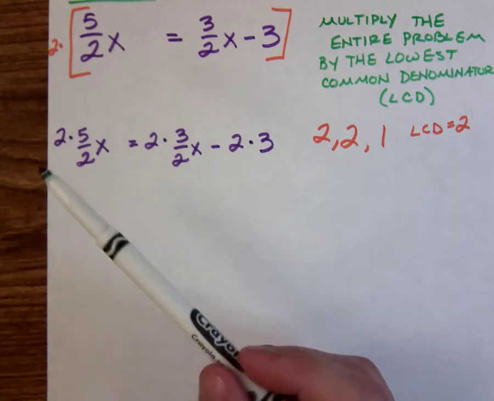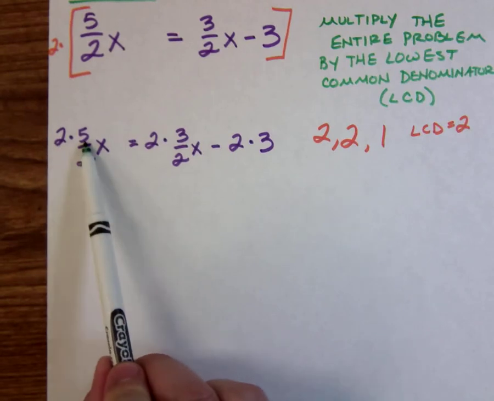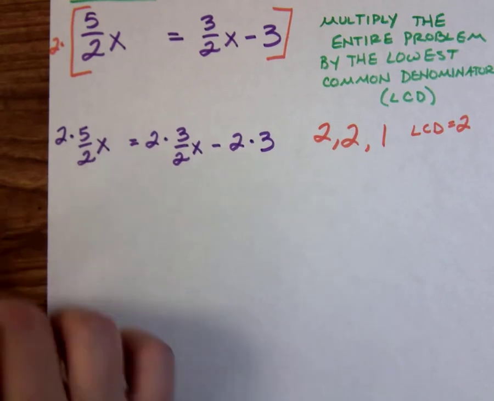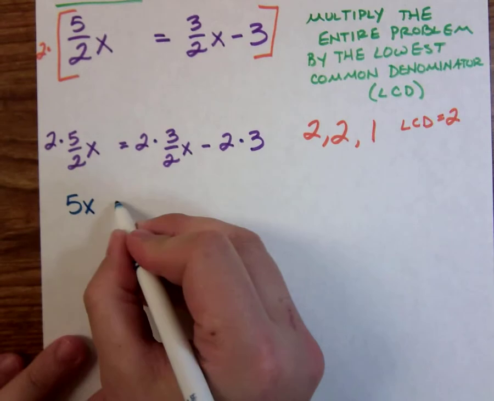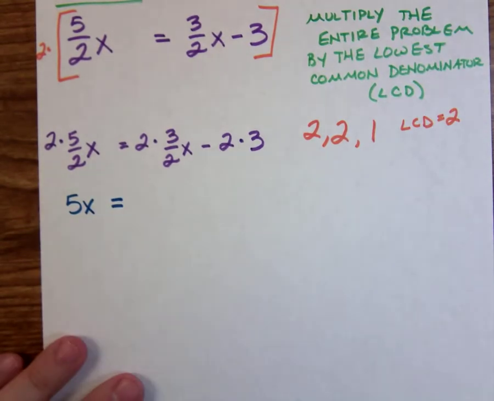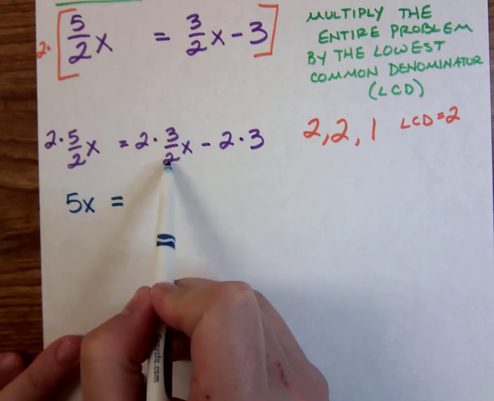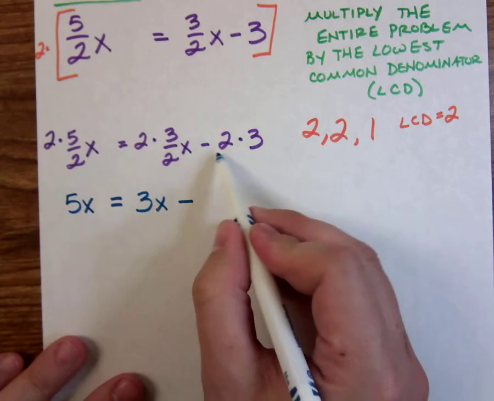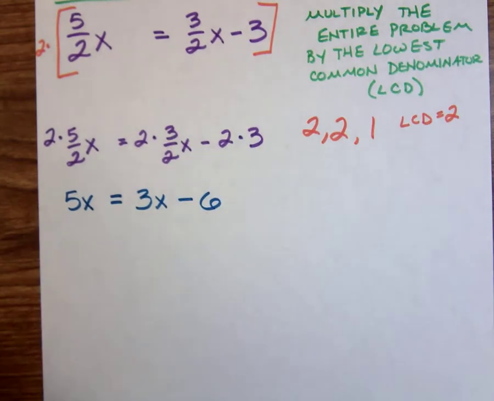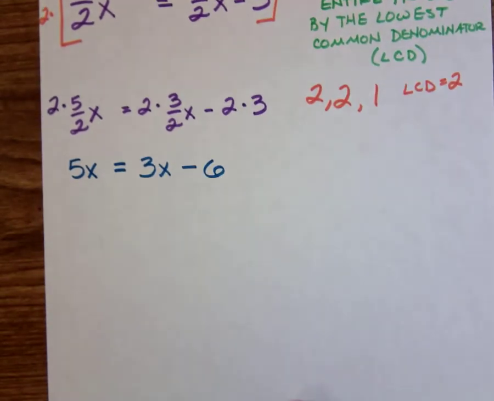But check this out. Here's how you multiply a fraction by a whole number. What's 2 times 5? 10 divided by 2 is 5. So this is 5x. 2 times 3 divided by 2, so this is 3x minus, and this one's really easy, 2 times 3. God bless you, my child. Thank you. By multiplying everything by 2,